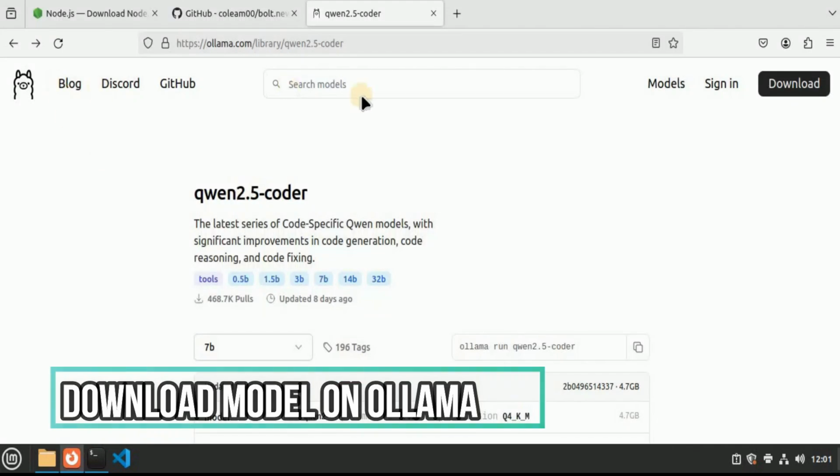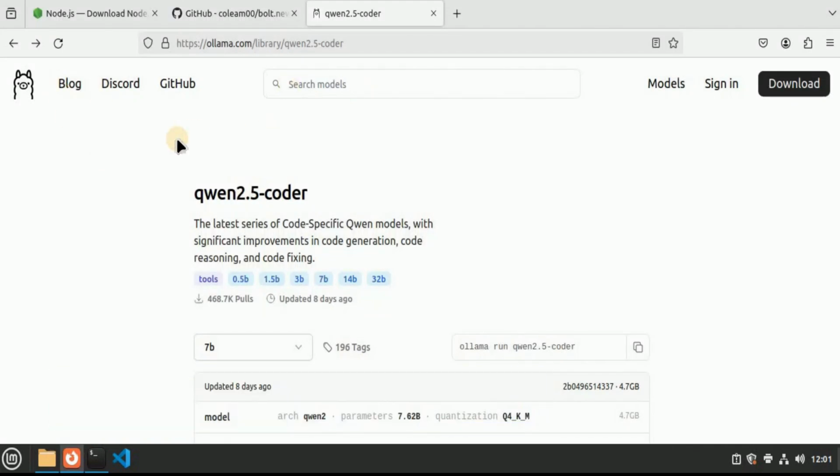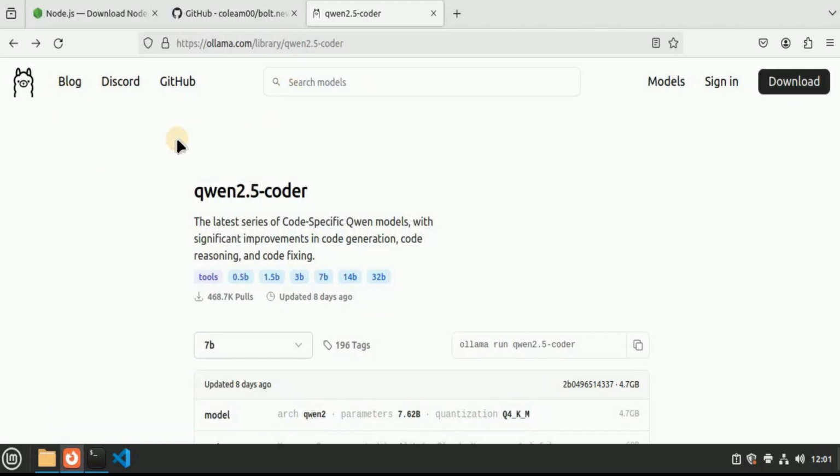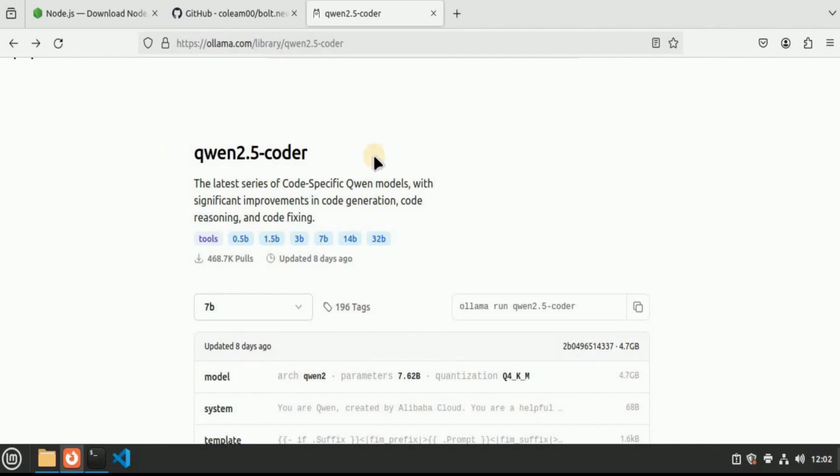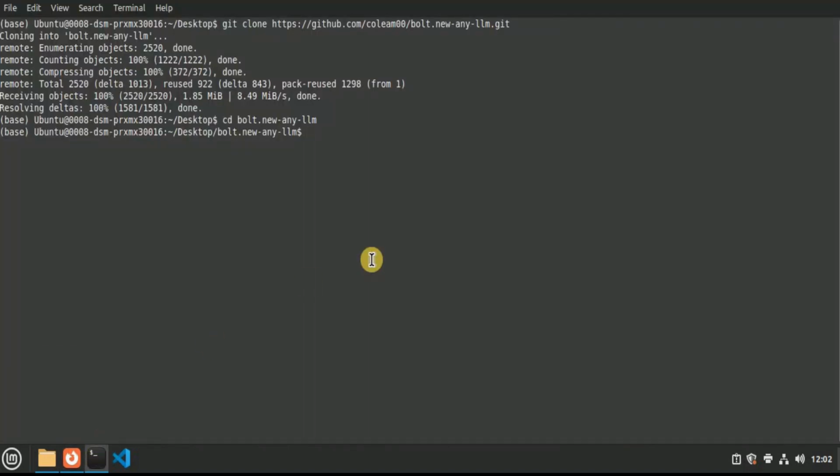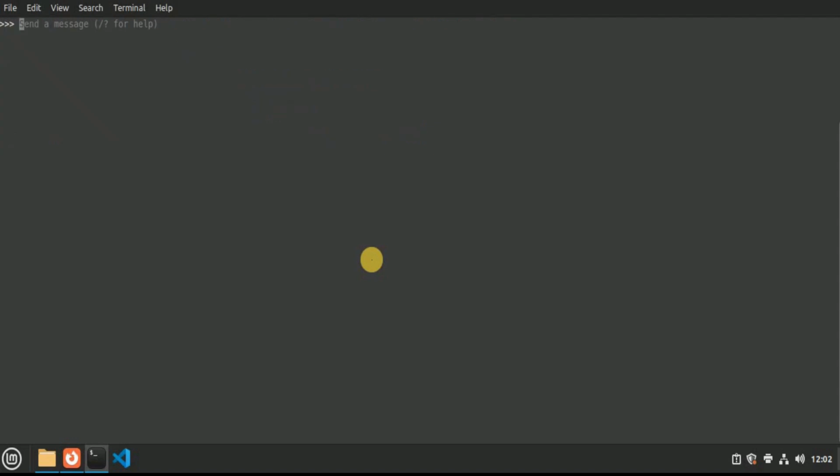Once you have successfully cloned the repo, now the next thing is to download the model using the Ollama. So you have to go to Ollama and search for any model that you want. For this video, I'm going to be using the Qwen 2.5 coder, and in order to install it in Ollama, this is the command that you need to use. So I'm simply going to copy this command from here, head back to my terminal, and I'm going to run the command right here inside the terminal. It is going to perform all the steps for the installation, and once the model is successfully downloaded in Ollama, you will get a cursor like this, which will prompt you to send a message. But we don't want to currently interact with the model, so I'm gonna come out of the model.